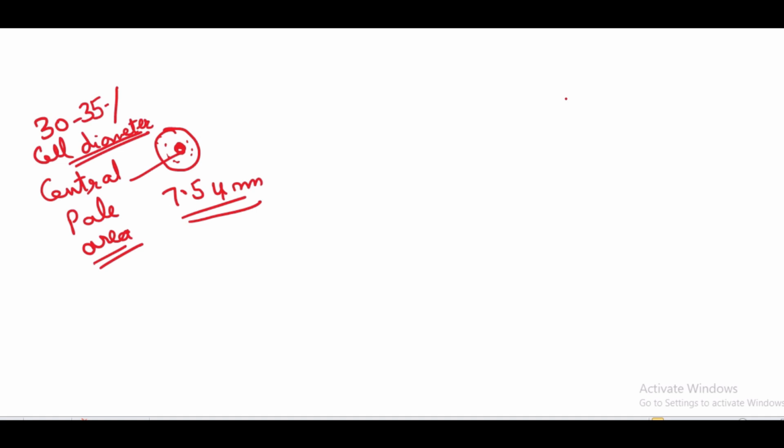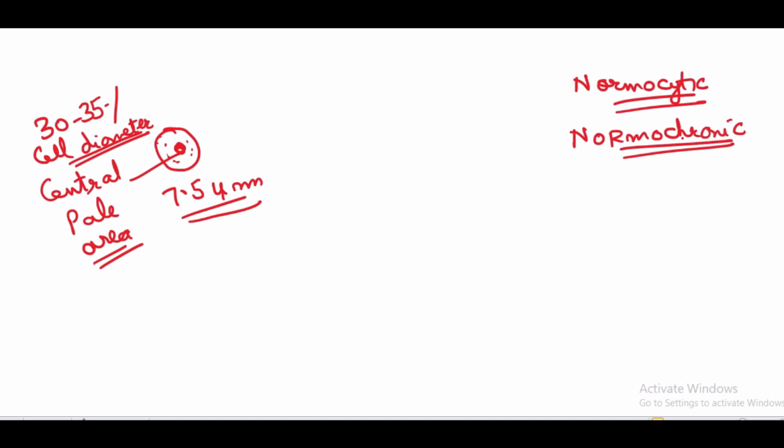So let us discuss some terminologies. The first is normocytic: red blood cells that are of normal size, we denote them as normocytic. If they have a normal color, we denote them as normochromic. That means the red blood cells have normal color, indicating there is normal hemoglobin content. If the size is increased, then the term we use is